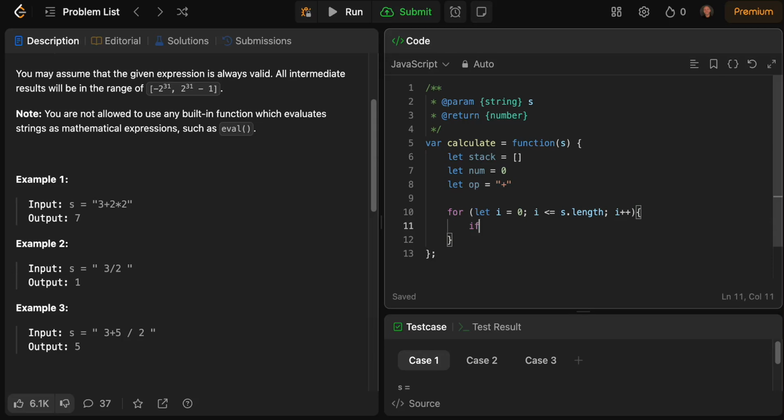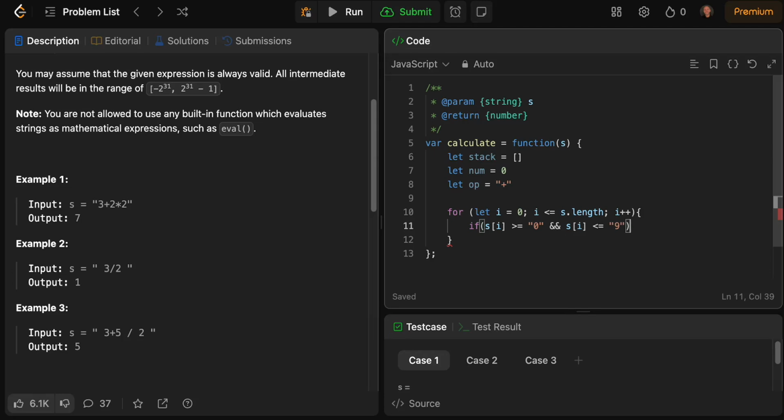So if our string at i is greater than or equal to the ASCII code of 0 and the string at i is less than or equal to the ASCII code of 9,